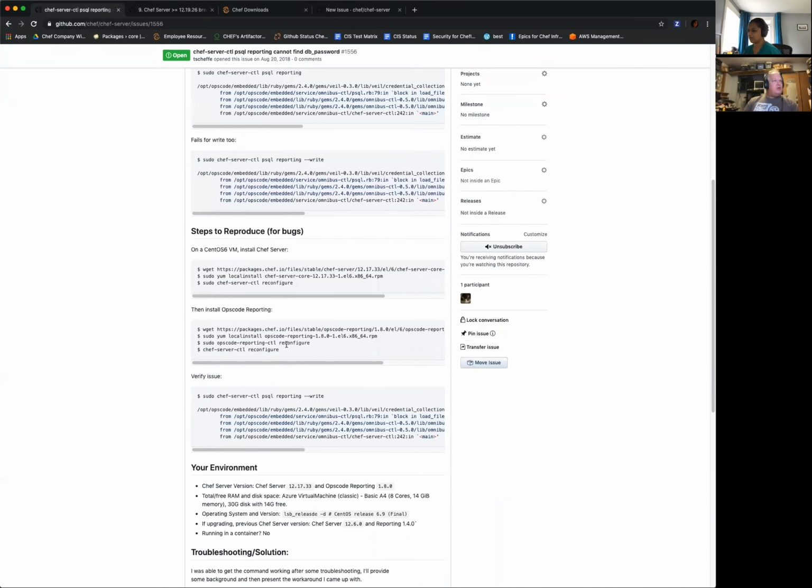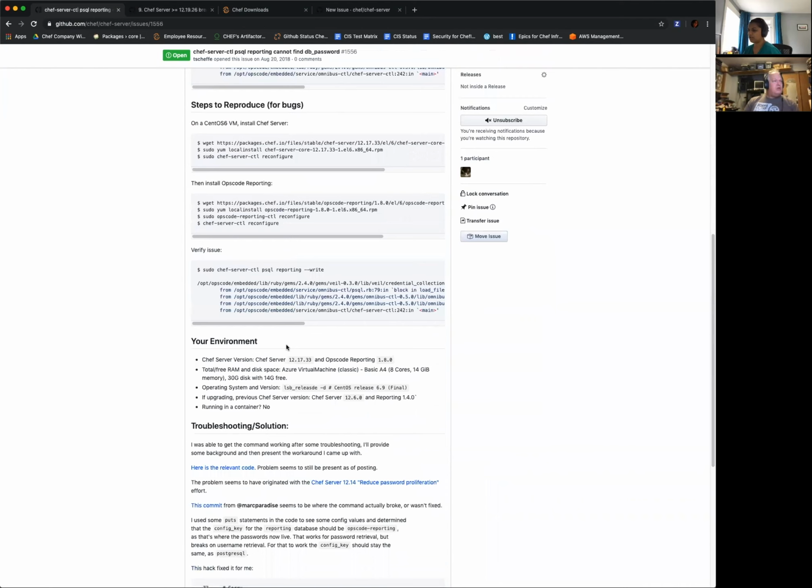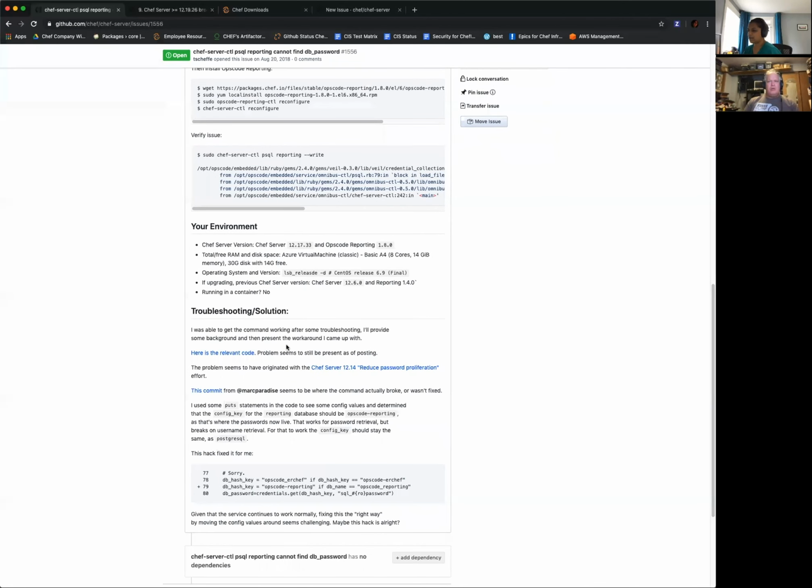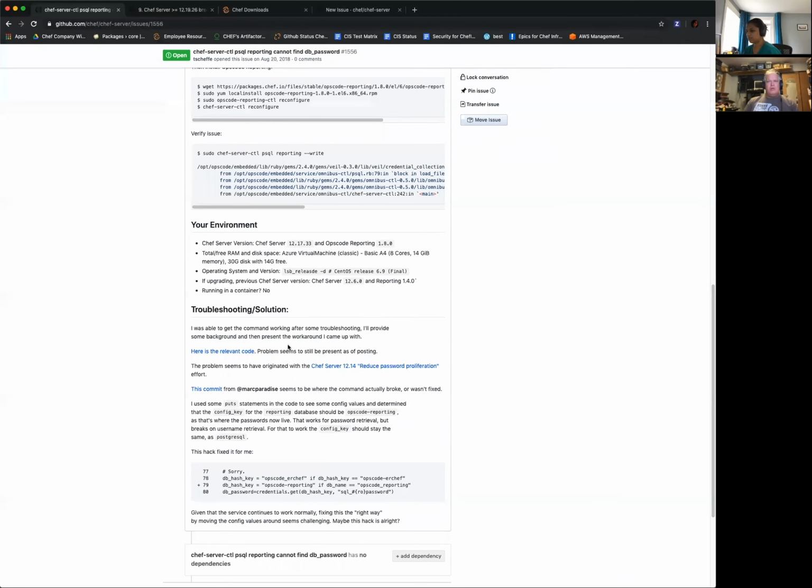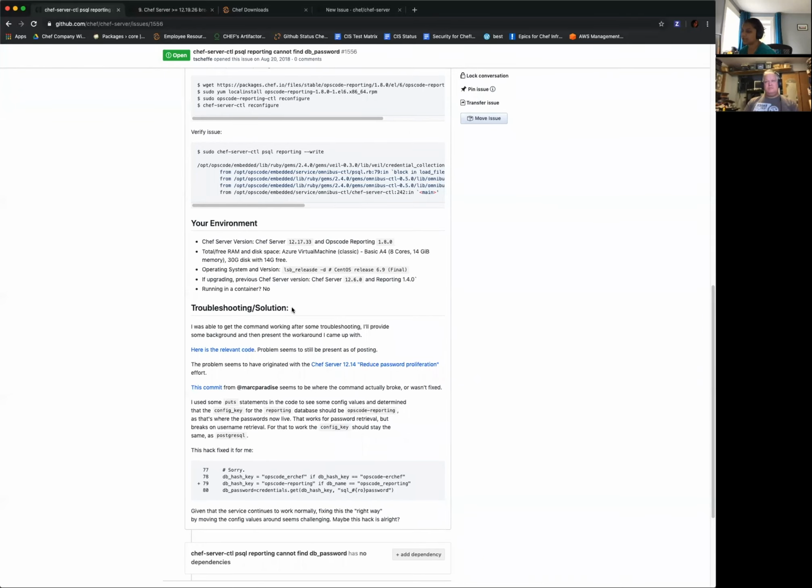But this should not be done. That command was only supported to identify if there were any issues or something like that. It's not a thing that you need for reporting to be working anyway.